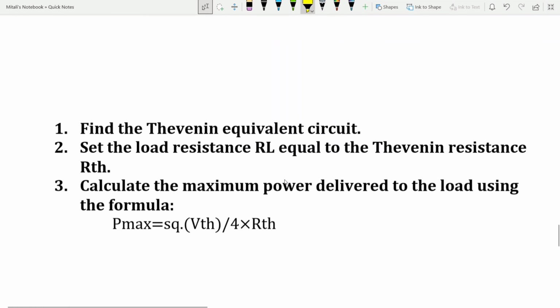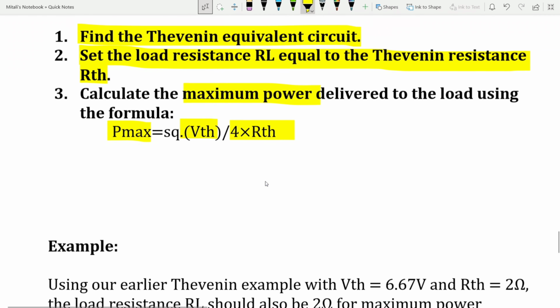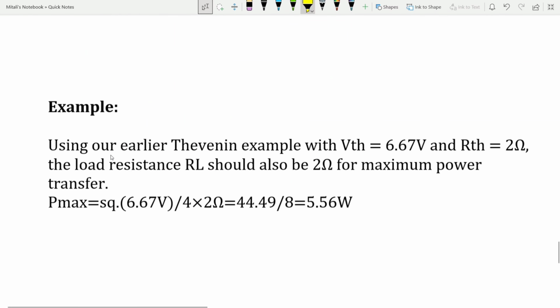So here's how you apply maximum power transfer theorem. Find the Thevenin's equivalent circuit. Set the load resistance RL equal to the Thevenin's resistance RTh. Calculate the maximum power delivered to the load using the formula Pmax equals VTh squared upon 4 into RTh. For example, using our earlier Thevenin's example with VTh equals 6.67 volt and RTh equals